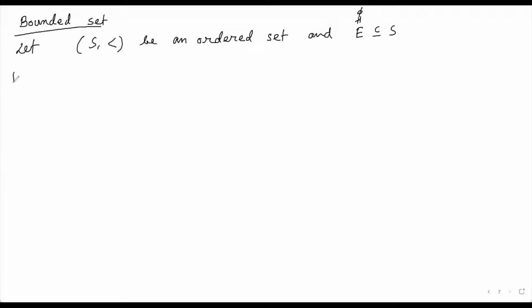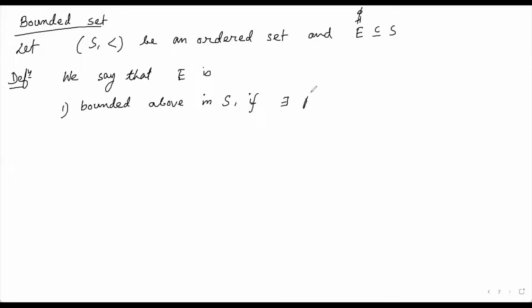So definition, we say that E is bounded above, or more precisely bounded above in S, if there exists some element beta in S such that x less or equal to beta for all x belongs to E,